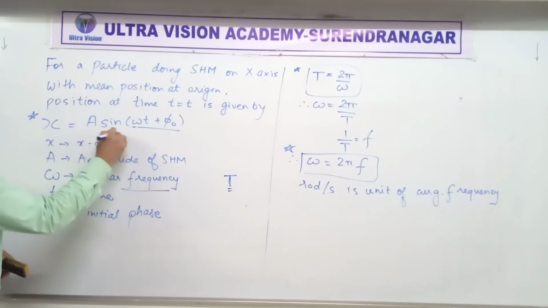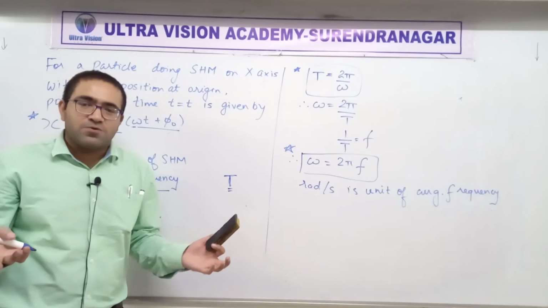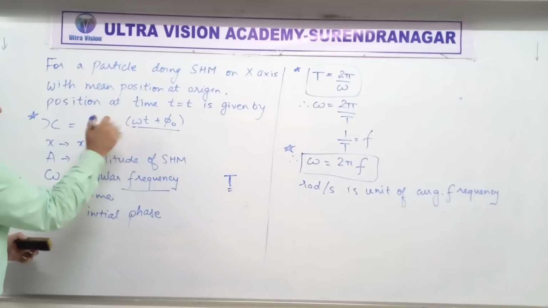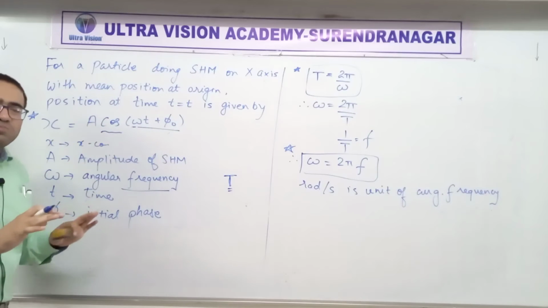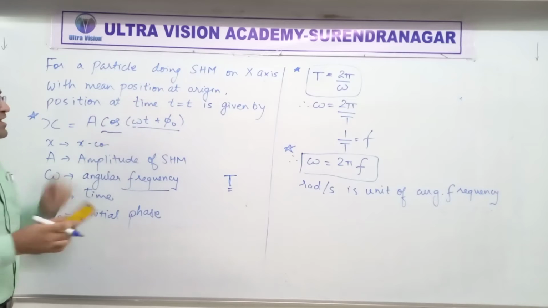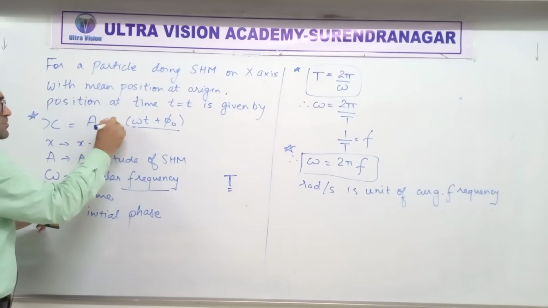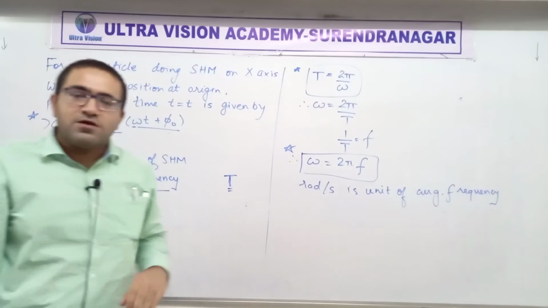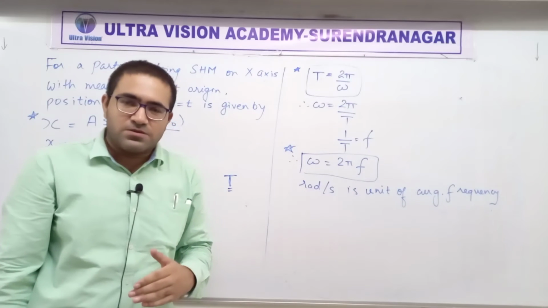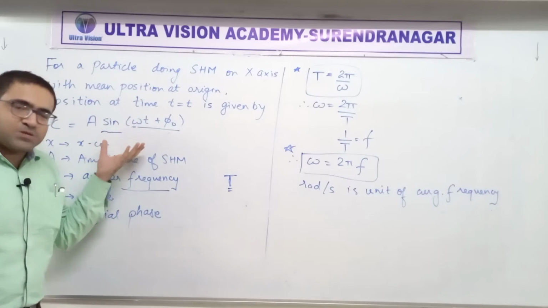Can we write cos instead of sine? Yes, no problem. Even if you write cos instead of sine, it's still going to be SHM. So when you solve a question, listen to this advice carefully. When you are trying to solve a question and you are not given an equation,